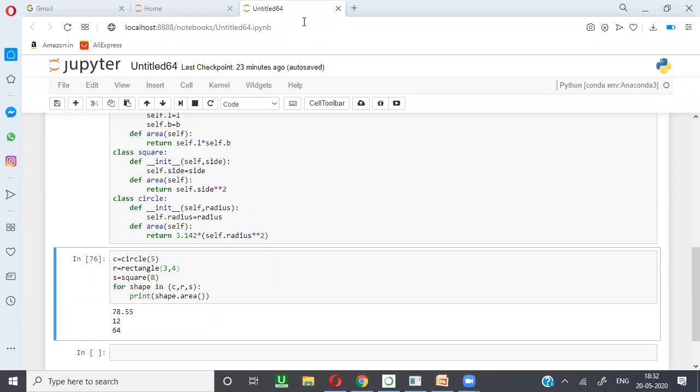So the next concept is inheritance. It is one of the most important concepts in object-oriented technology. Inheritance is nothing but acquiring the properties from its parent. Every object is getting properties from its parent.